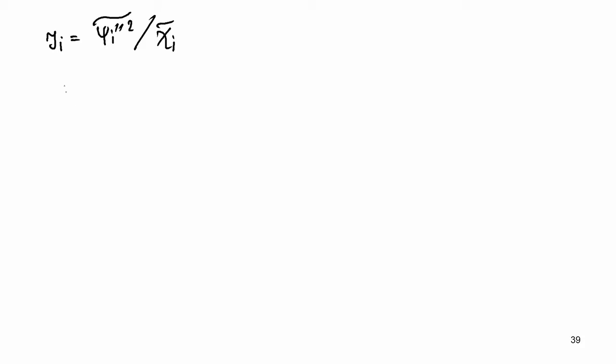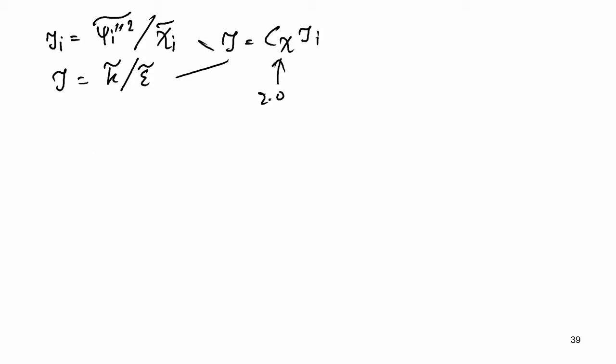Just like if you remember, the integral time scale can be defined like this: the Favre-averaged turbulent kinetic energy divided by the Favre-averaged dissipation rate, and then this can be related by tau is equal to C xi by tau I, where C xi is typically taken to be 2.0 in commercial software. And combining these two things, we can write that mean k by mean dissipation rate is essentially equal to C xi times